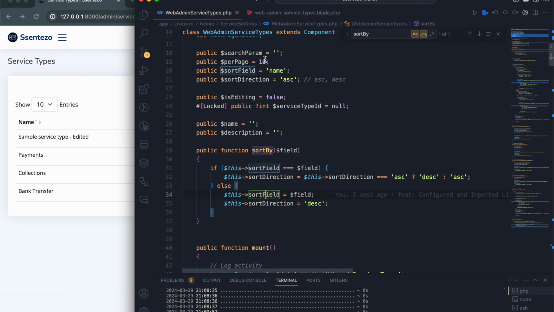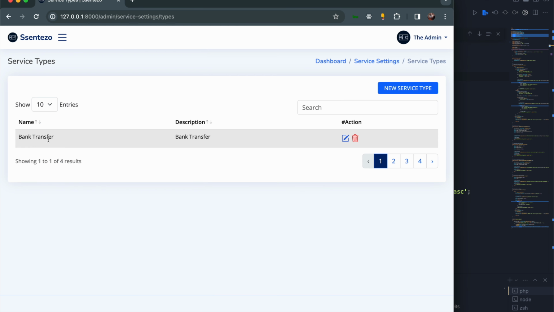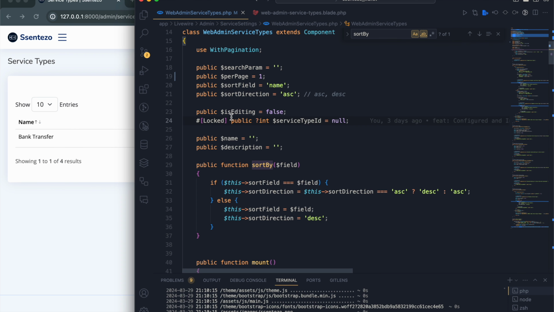So next we have the per page. Per page determines the number of records retrieved from the database. So here we have 10. If I set this to 1, we can see we are returning by 1. So if I come